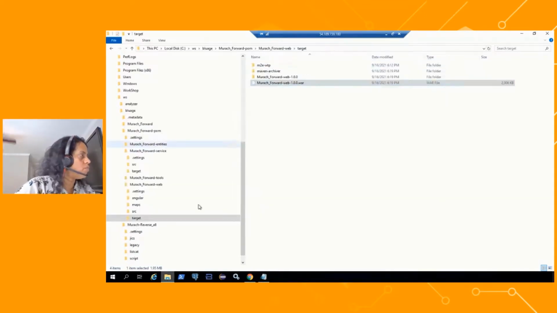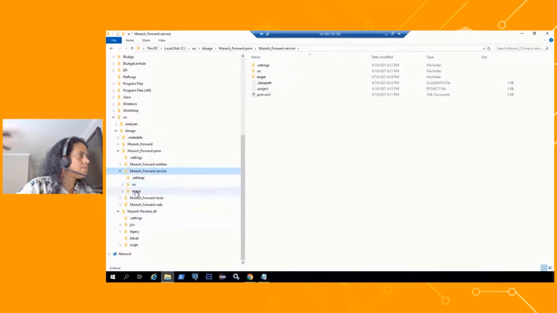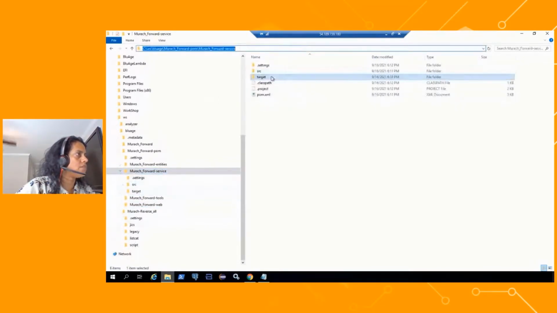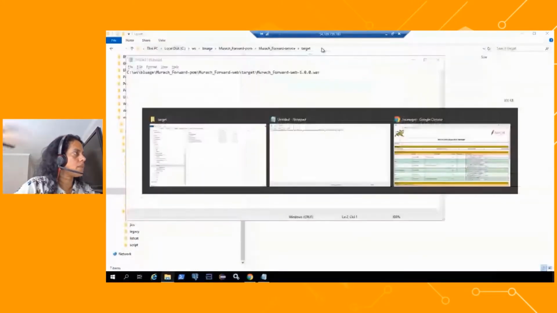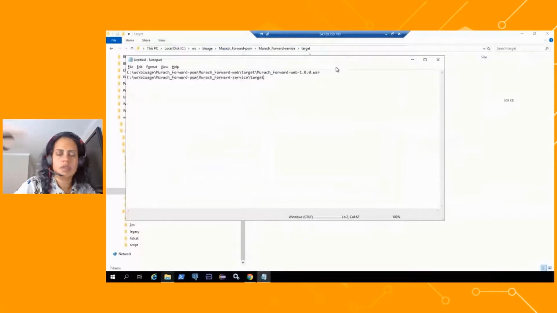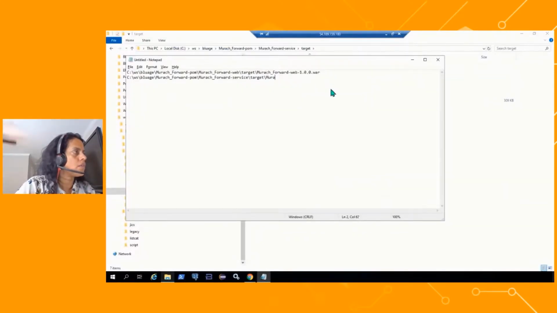And then the war file for my backend is located in the service target. So again, I'm just going to copy this so I have this. All right, so